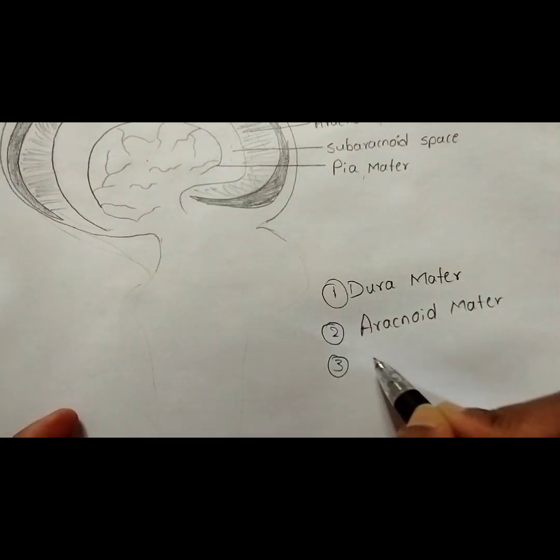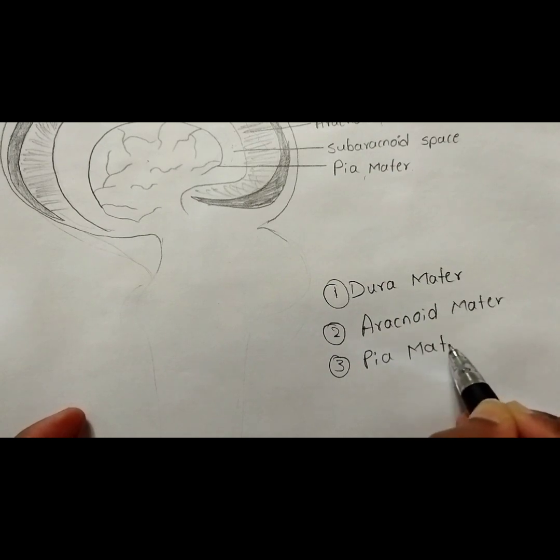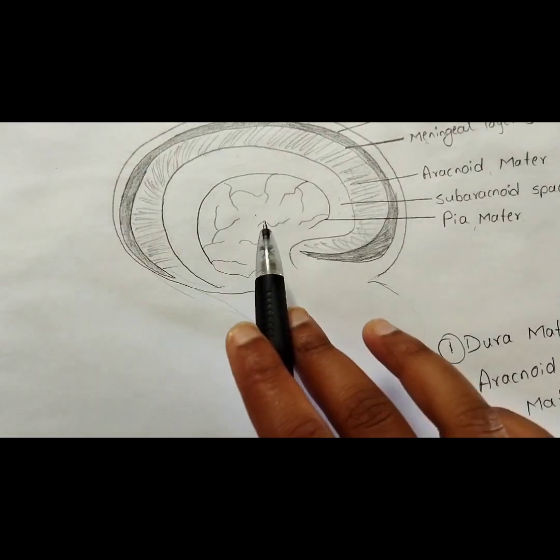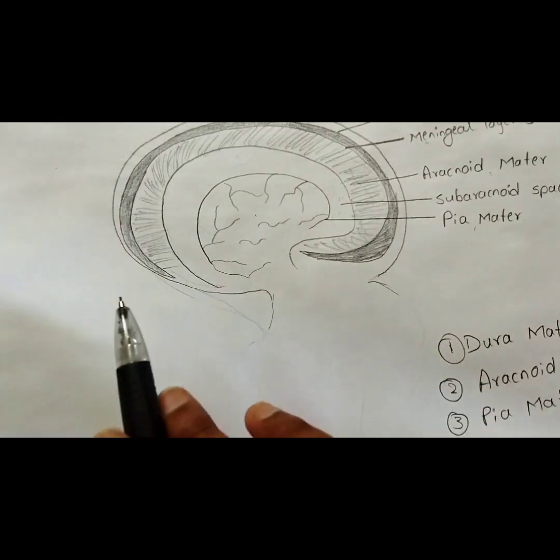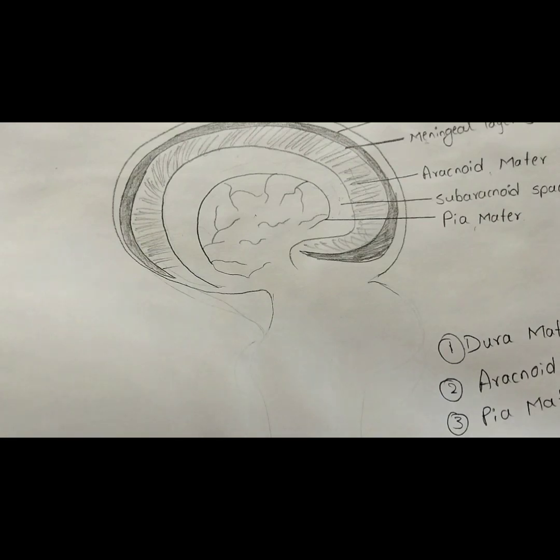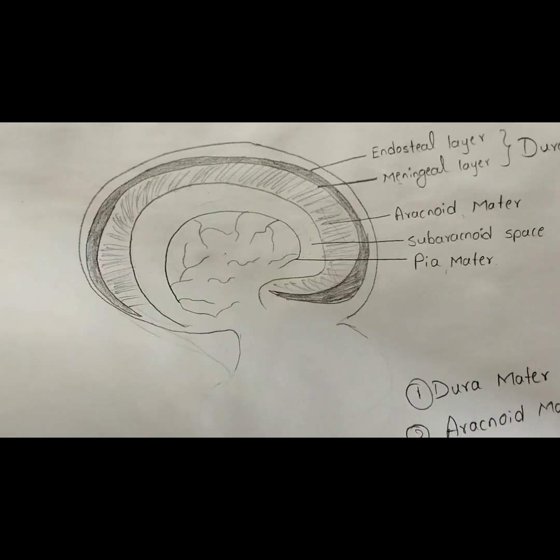Then the third one is the pia mater. Pia mater, in Latin, means loving mother. It is a thin vascular membrane dipping into various sulci and other irregularities of the surface. It is pierced by blood vessels to nourish the brain and spinal cord. And the folds of the pia mater enclosing the tufts of capillaries form the tela choroidea. Such pia mater, lined by the secretory ependyma, forms the choroid plexus, which secretes the cerebrospinal fluid.